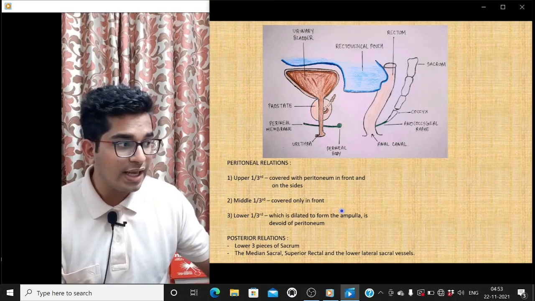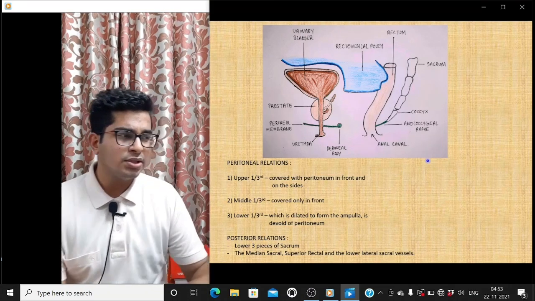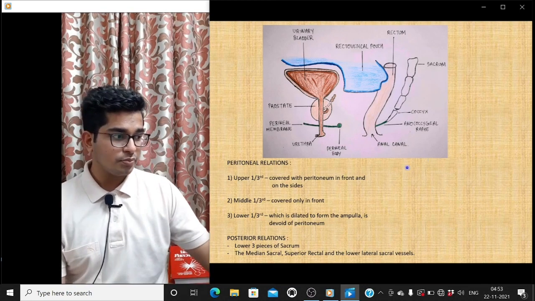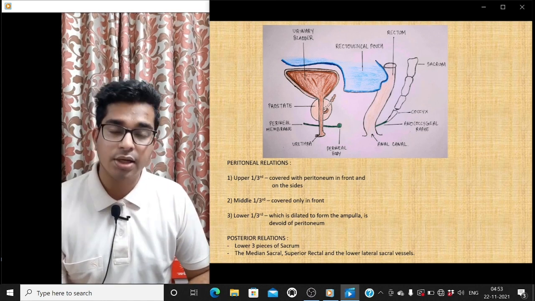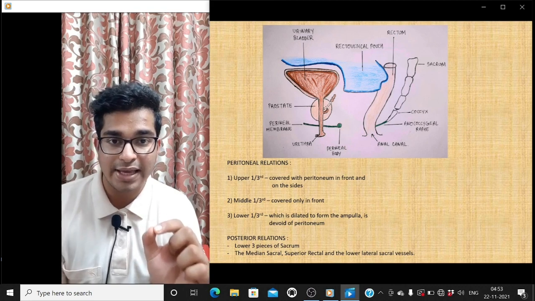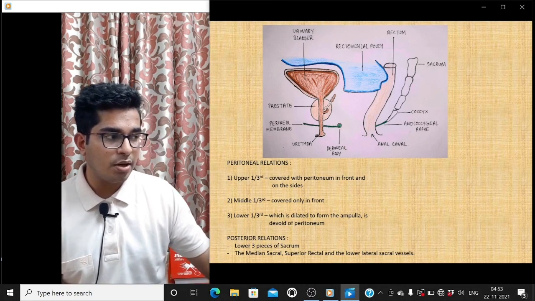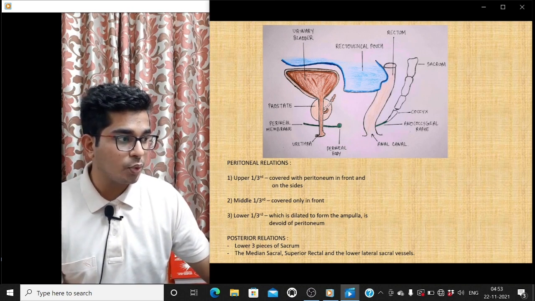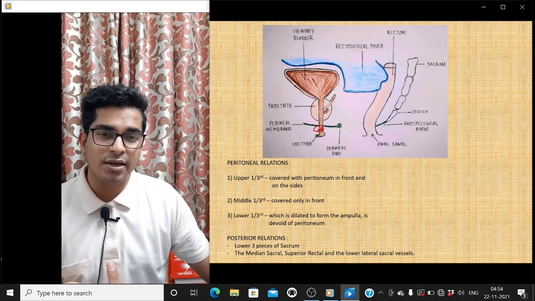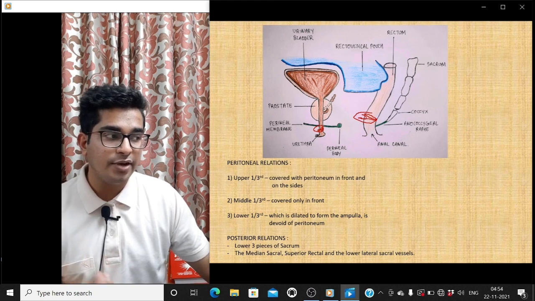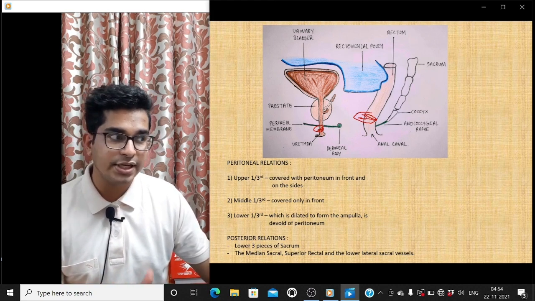Now a very interesting thing about this is that the subperitoneal part, all the organs that are present below the peritoneum, they have a common nerve supply, and the root value is S2, S3, S4, that is nervi erigentes. For example, you have a ureteric calculi somewhere over here, or you may have an ischemic pain arising out of your rectum in the lower 1/3 area. The nerve fibers that carry the pain from these areas are the same, that is your S2, S3, S4.